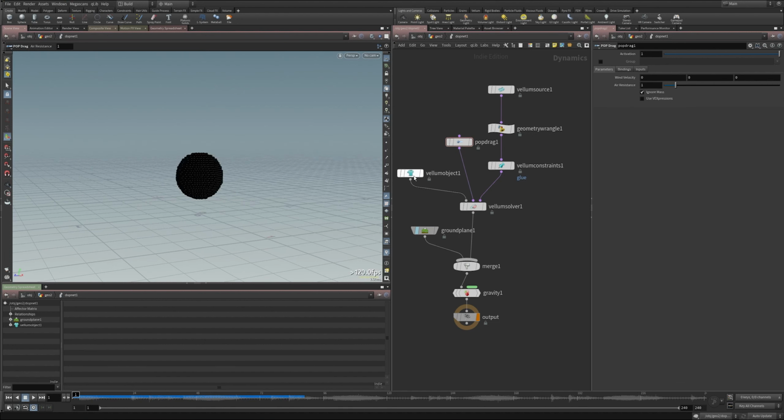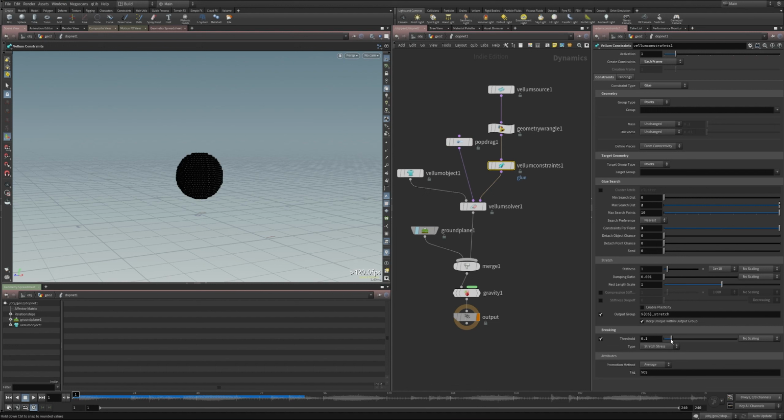I think these are breaking too often, so I want to take my threshold maybe up to like 0.3 or 0.5. Let's see about that. Maybe my search distance needs to go up. Let me turn breaking off to make sure that my okay.